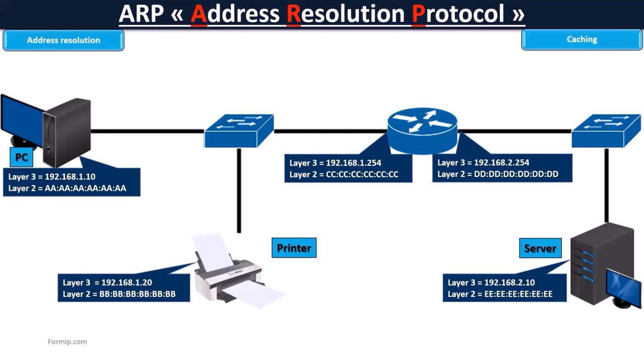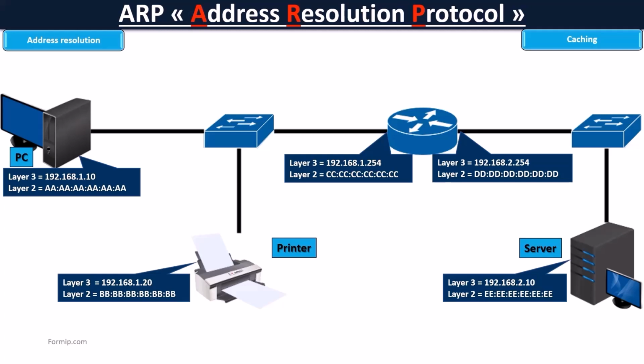This message includes its own IP address and the destination IP address. The device that recognizes itself then responds with its own MAC address. And upon receiving this response, the sender updates its correspondence table. ARP is a Layer 2 protocol, which means that its scope is limited to the local LAN. We will now see how it works to resolve a MAC address for an IP address belonging to the same